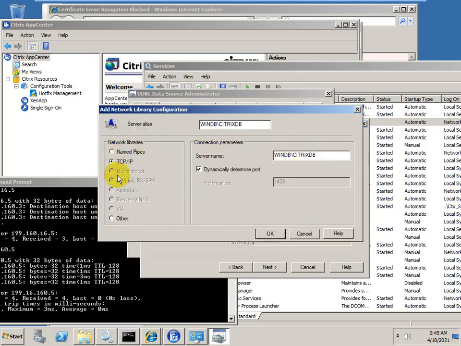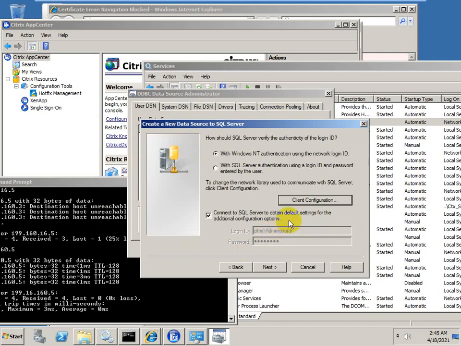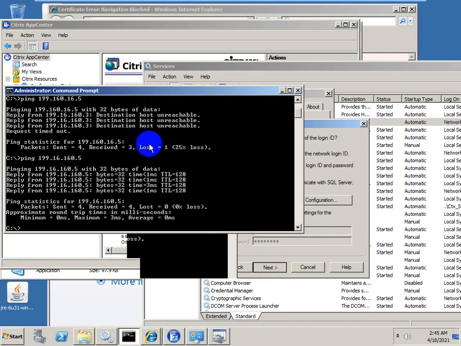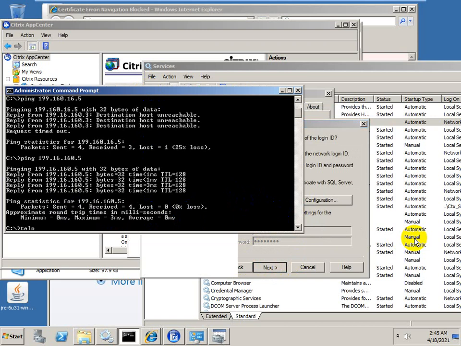TCP/IP, named pipes, TCP/IP. I need to check the port. Telnet, the IP address 199.160.60.5, and after that the port number which I want to check.